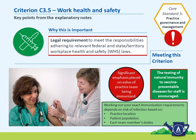Part of work health and safety, as I just indicated, we need to think about immunisation is the big part of C3.5. We focus on emphasis on the value of the practice team being immunised. It's about the testing of natural immunity to vaccine preventable disease for staff. And how do we work out what our immunisation requirements are? It depends upon the risk of infection based upon a number of areas: practice location, patient demographics, and each team member's duty. So let's have a deeper dive into